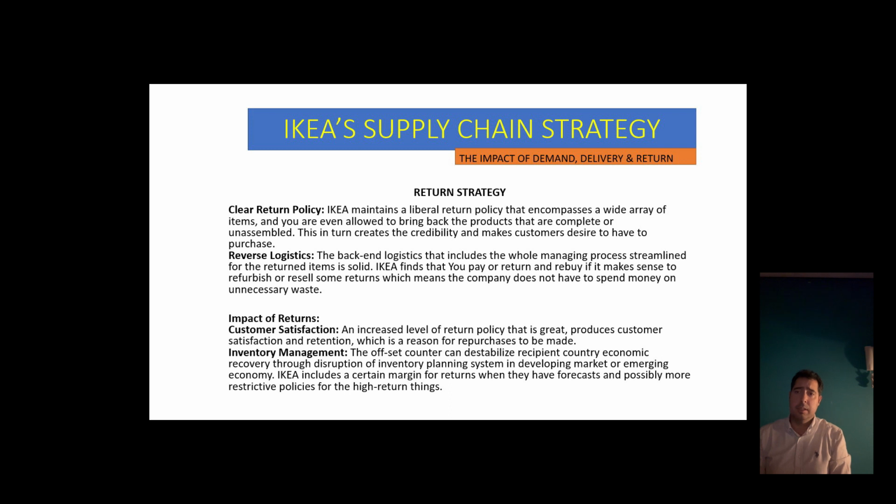The back-end logistics, which includes the whole process of managing returned items, is streamlined and solid. IKEA decides whether to refund or resell, or if it makes sense to refurbish or resell some returns, which means the company doesn't have to spend money on unnecessary waste. In inventory management, IKEA includes a certain margin for returns when they make forecasts, and possibly more restrictive policies for